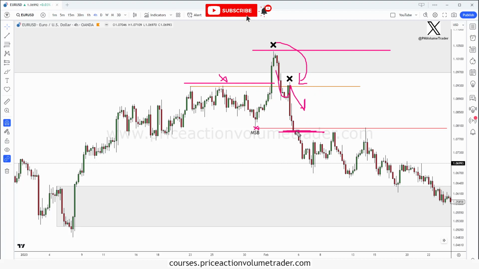And then in this case, we could either enter right here or on a test back of this level, which, as you can see, we pull back, test this area. We barely missed it right here, but we test this back over here, and then we start going down. And then again, this is the macro demand block that I was talking about, and we would have hit our take profit here. So I know the risk reward on this was not huge, but I just wanted to show you